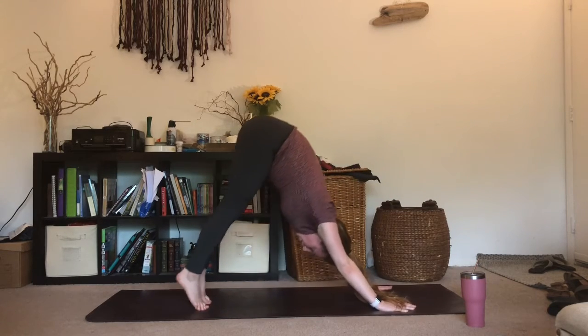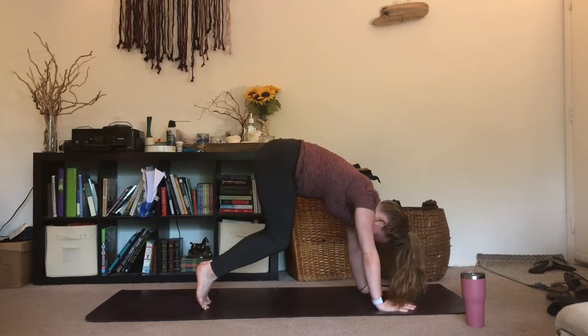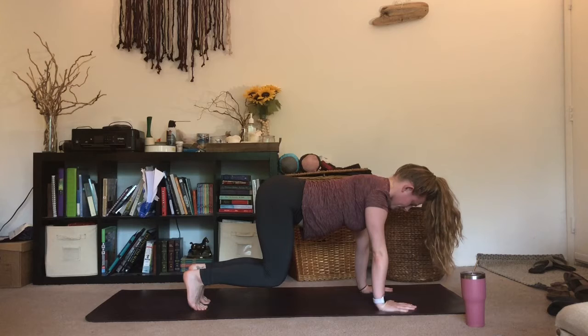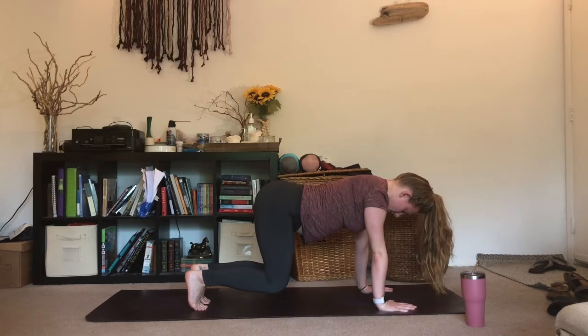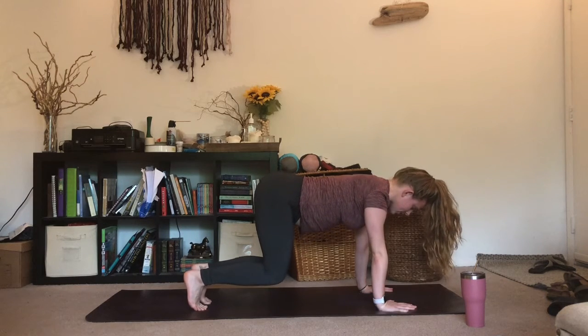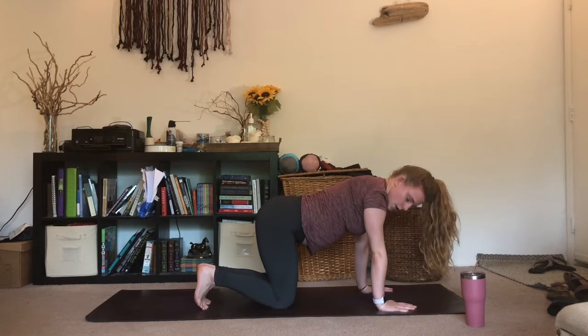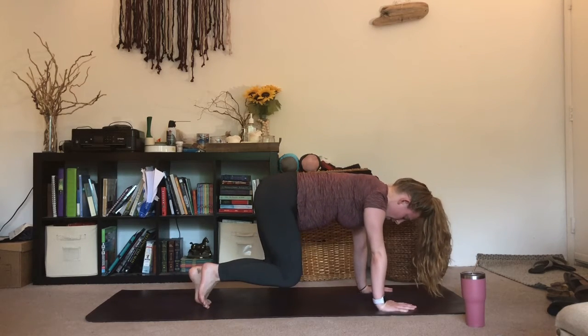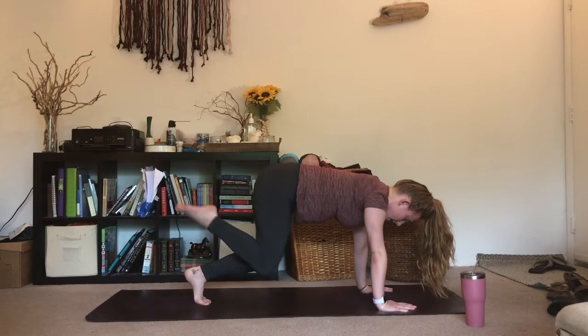And then go ahead, inhale all the way up onto your tippy toes. And as you exhale, lower your knees down to the mat so they're hovering here. Starfishing your hands down the mat. Hugging your belly button up and in. And your knees can either stay hovering or they can go down on the mat. Your choice. But regardless of where you go, pick up your right foot, bend your right knee, and pull